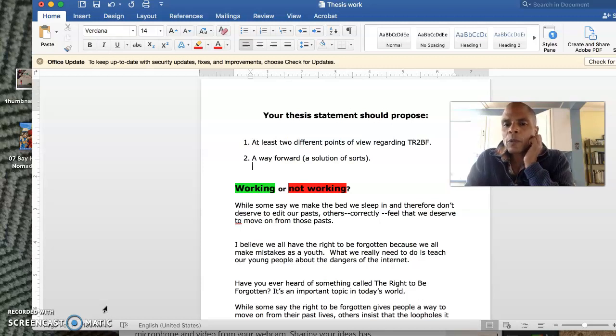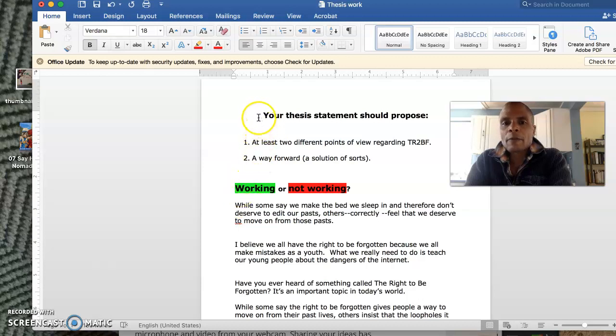So we're going to review what your thesis statement for Essay 1 needs to have in it, the basic requirements, the basic proposals that you'll be making and then proving in the body of the essay. And then we're going to look at some sample thesis statements and say whether they are either working, which you see is in green, or not working, which you see is in red. And we'll also highlight the ones in green or in red, depending on whether they're working or not working.